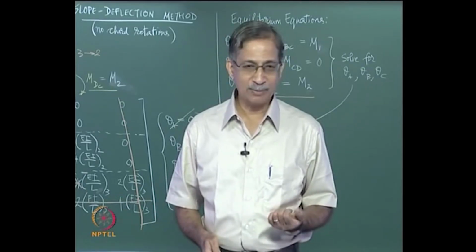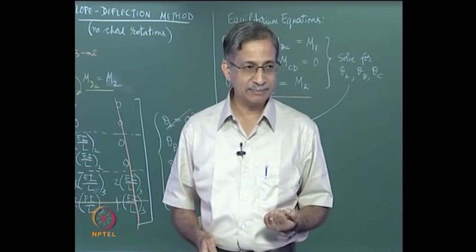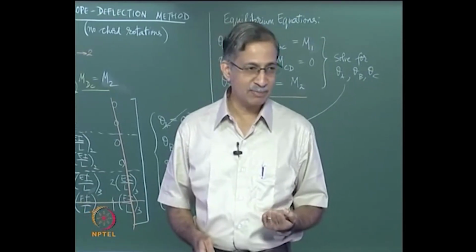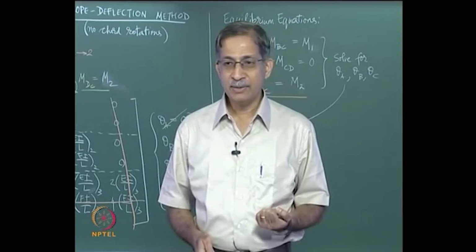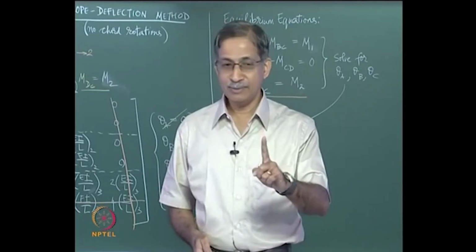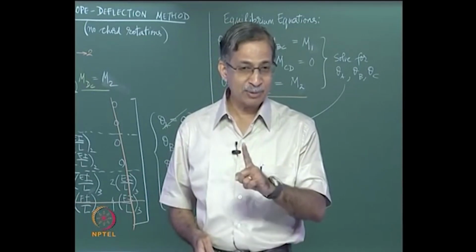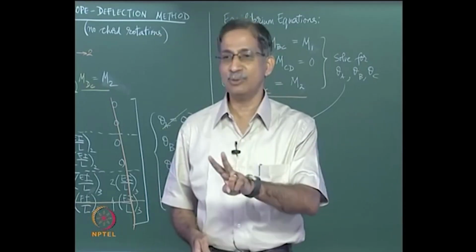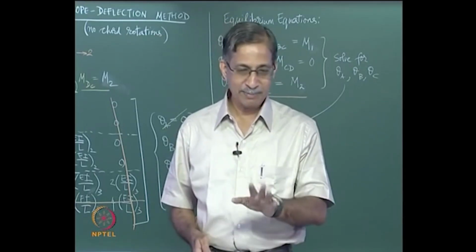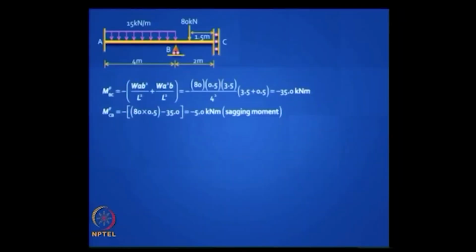What should you do now if you are doing the moment distribution method? You should find the fixed end moments. How do you do that? You arrest only theta b, do not arrest delta c. If you arrest delta c, then your indeterminacy is 2, but we are not doing that, we are making it simple. So how do you do this? You arrest it,